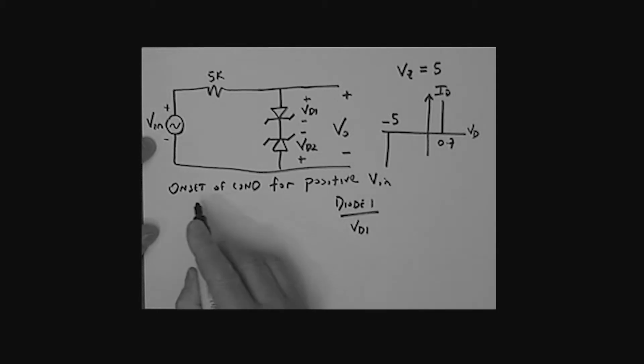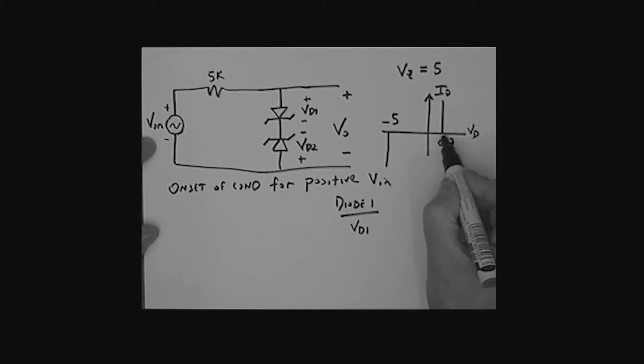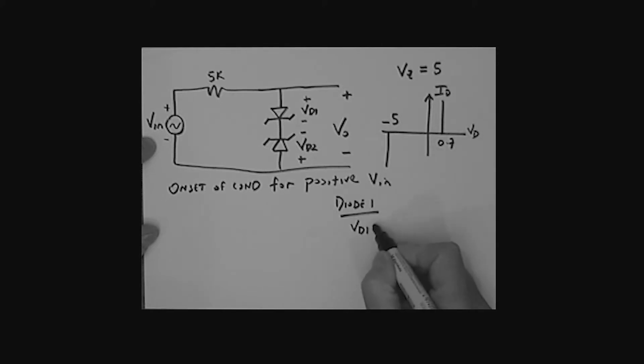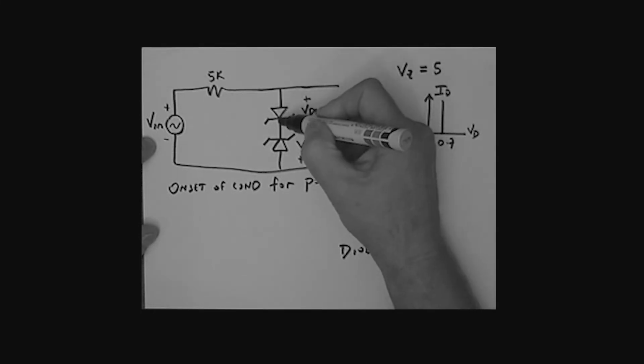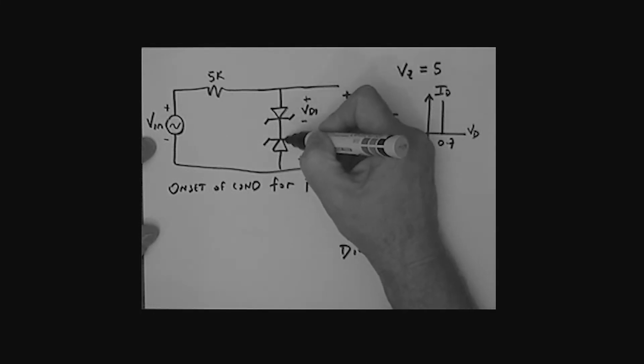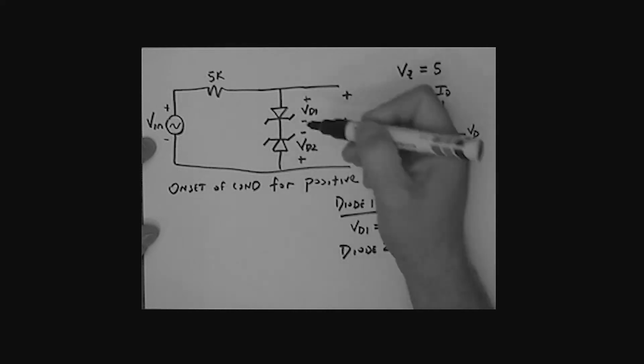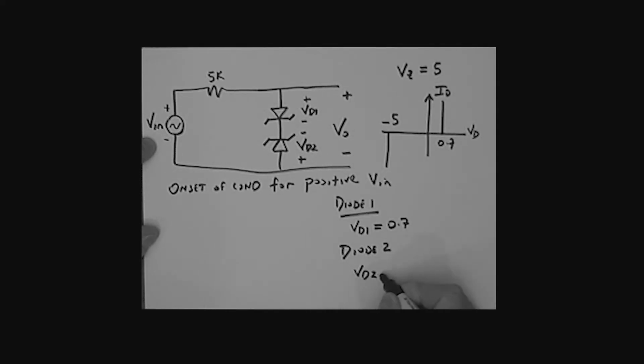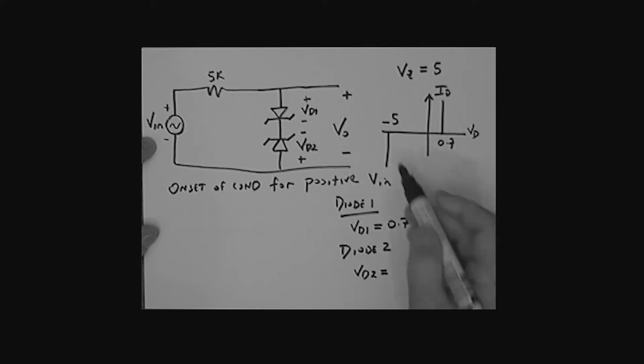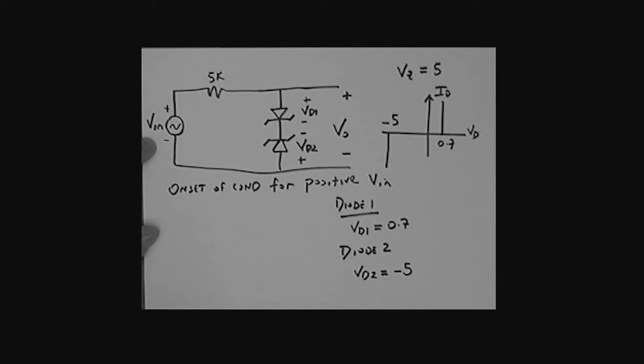VD1, remember we're talking about the onset of conduction. For the first diode, that would be at this point right here. VD1 would be equal to 0.7. For diode 2, remember we're conducting in this direction, so this diode will have to operate in the reverse breakdown region. So VD2 would actually be equal to, in this case, a minus 5. Okay, minus 5. I think we're ready then to analyze this circuit for the onset of conduction